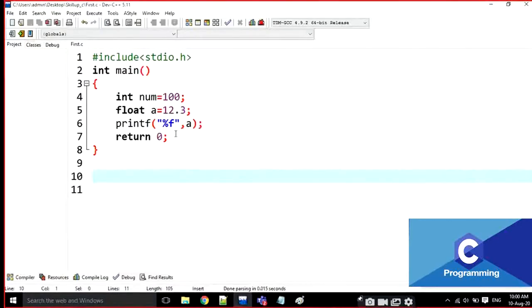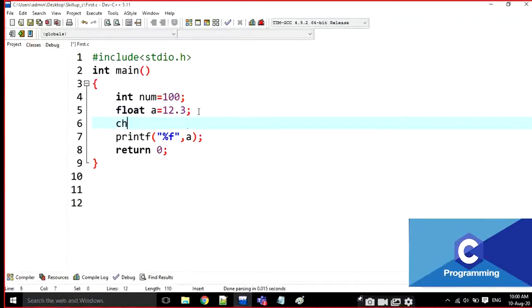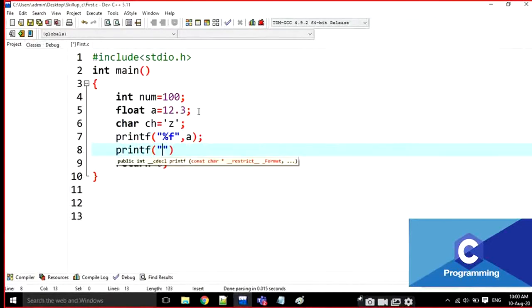For example, if I am going to take some character, ch is equal to z, like this. I am going to display the value here. It is a character, so percentage c comma ch.